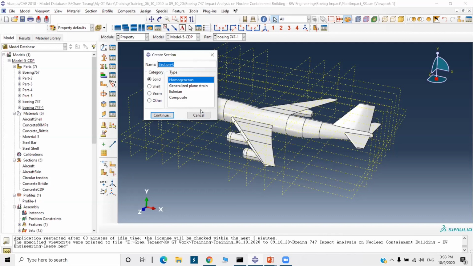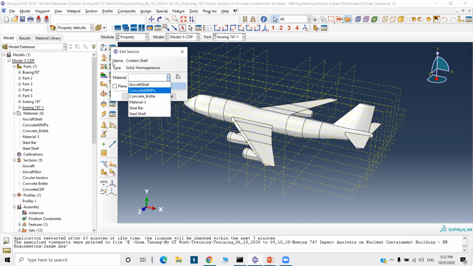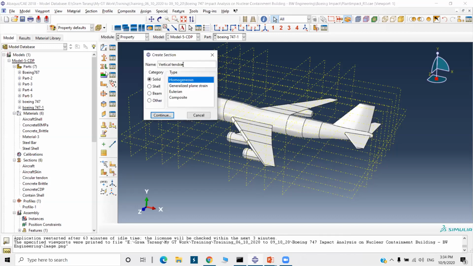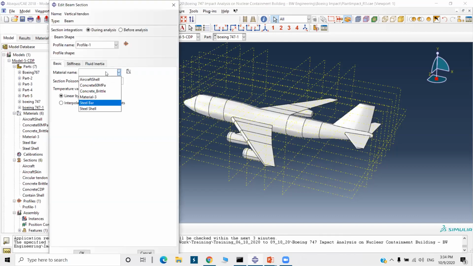It is solid homogeneous, the steel shell. Typical tendon: it is a beam, and the profile is selected. Material is steel bar, Poisson's ratio 0.3.